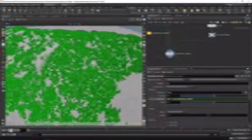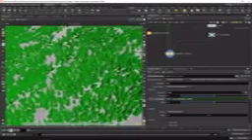Now here on the scatter, we've dealt with this before on the previous tutorial, but let's go ahead and refresh some of these concepts. I think we can rearrange this better. Maybe put this here, put the visualize on the other node, and let's put this higher. So here on the height field, the first thing is, as you can see right now, the normal is automatically aligning the instances to the normal of the surface,